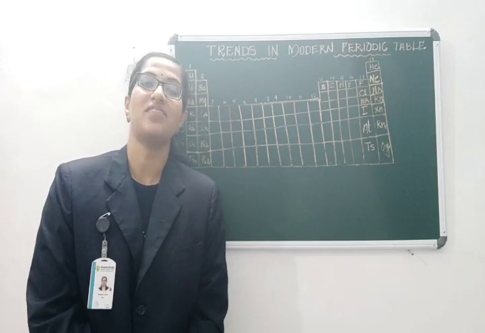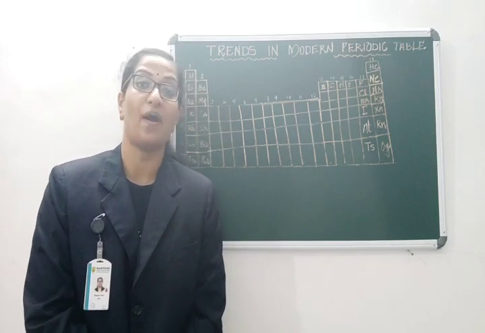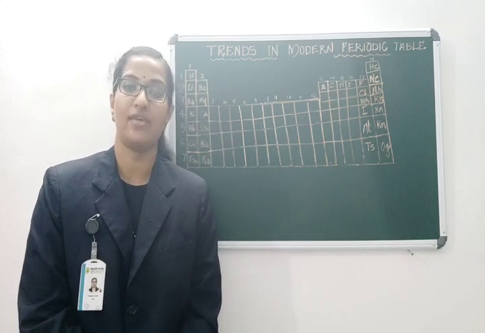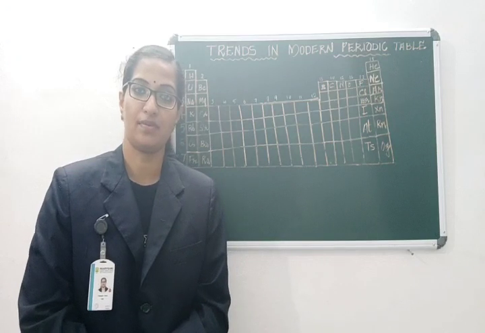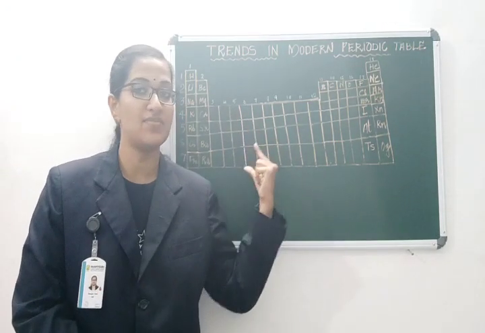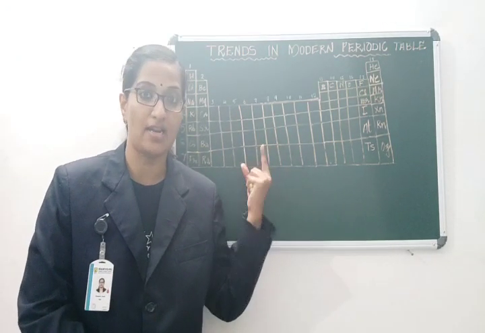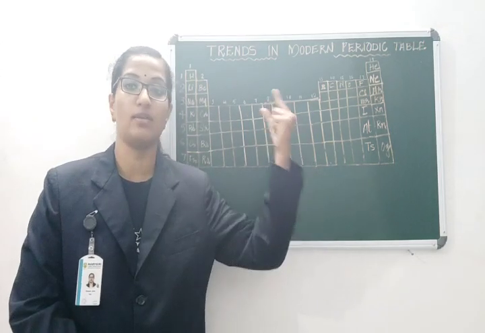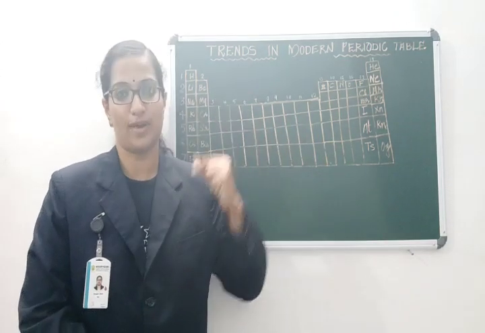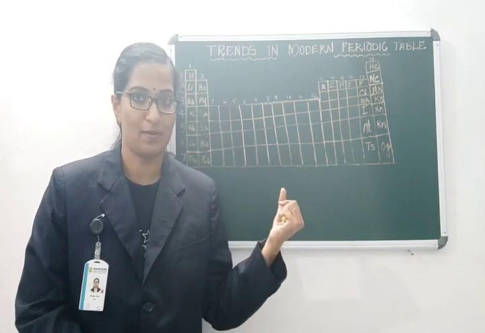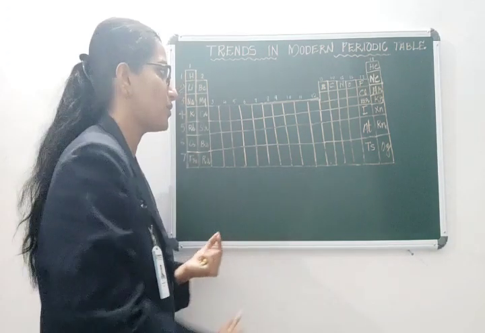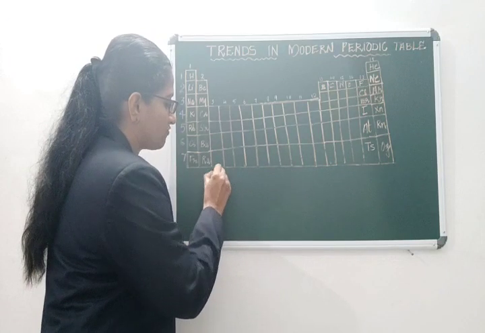In the previous class we discussed the modern periodic table, and today we are continuing with the trends in the modern periodic table. The elements present in the periodic table show different properties group wise as well as period wise. Those are the trends in the periodic table. Today mainly we are going to discuss the trends like first